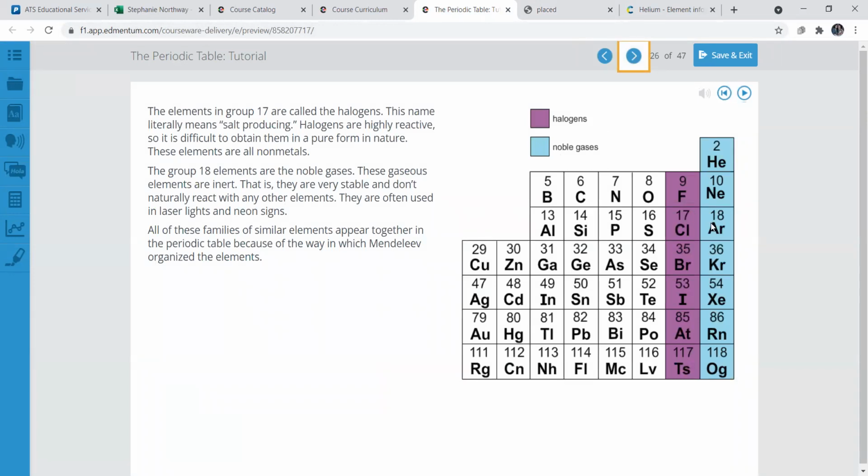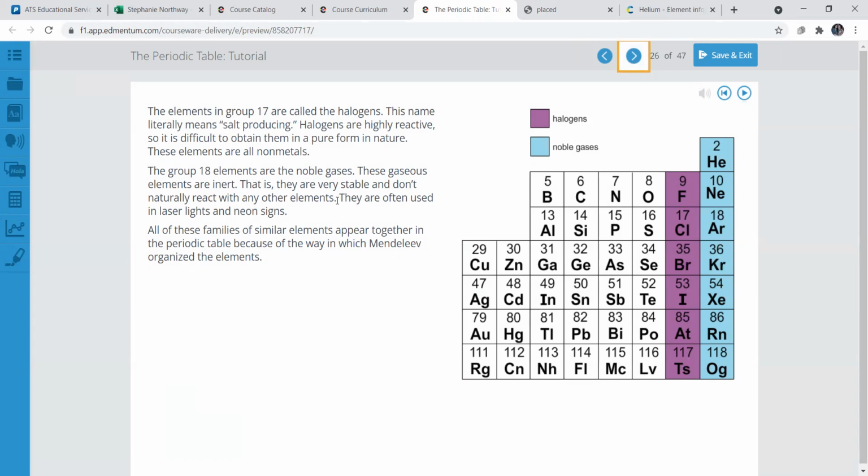Halogens and noble gases. The noble gases are on the outside. As you can see, we have helium right at the top. Halogens right here. And halogens are highly reactive, so it's difficult to obtain a pure form in nature. And these are also non-metals. And group 18 is the noble